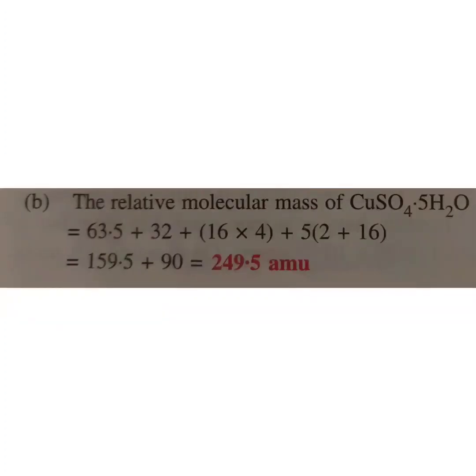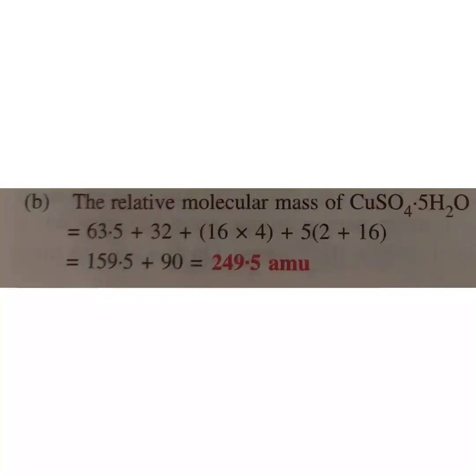Okay, now let us see how to calculate the relative molecular mass for copper sulfate crystals. What is the formula for copper sulfate crystals? That is CuSO4 dot 5H2O. So here we'll have to calculate for 1 atom of copper, 1 atom of sulfur, 4 atoms of oxygen. Then we have 5 water molecules. If you take H2O as one group, then we'll have to multiply that with 5. So it's done in the same way. In the next step, 63.5, which is the atomic mass for copper, plus 32, which is the atomic mass for sulfur, plus 16, the atomic mass for oxygen, into 4. Why 4? Because we have 4 oxygen atoms.